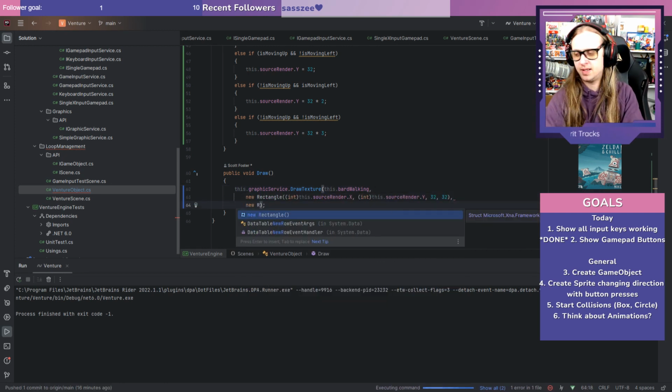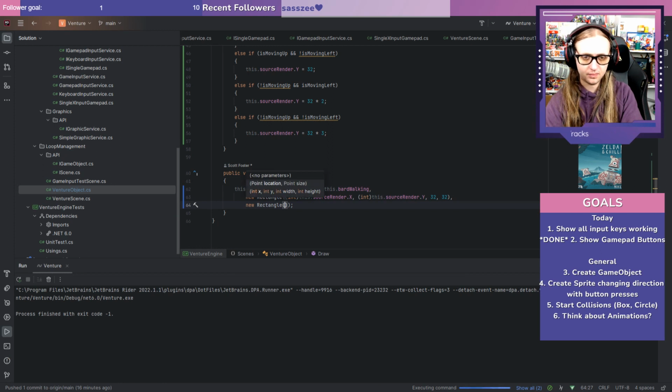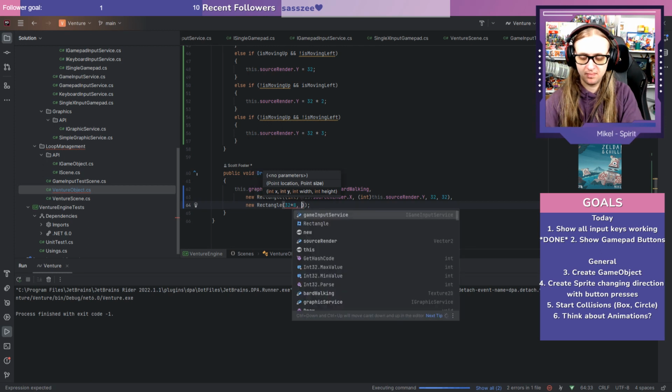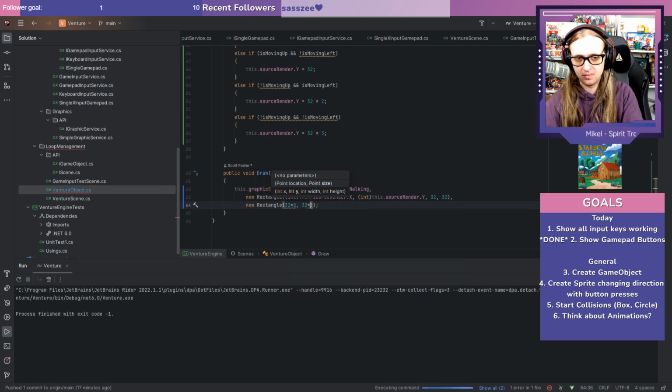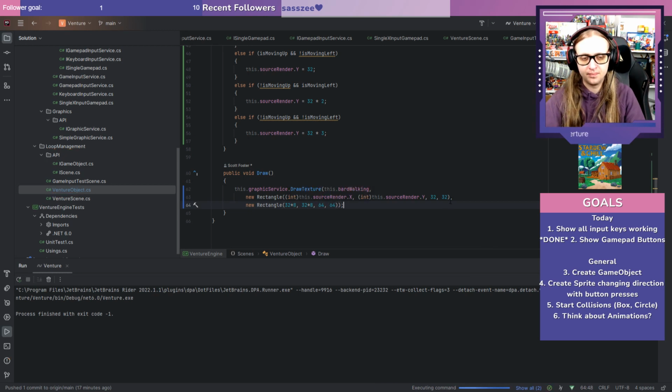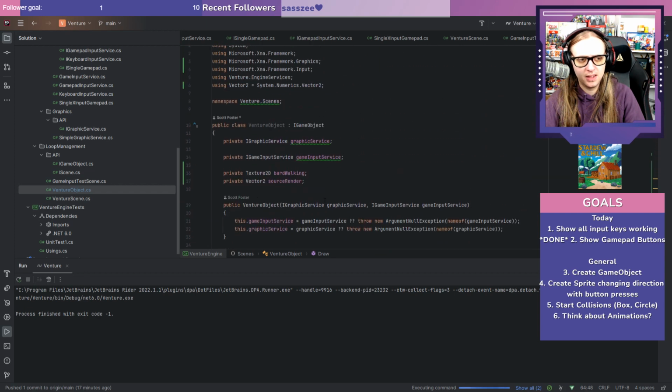A new rectangle. Where do we want it on the screen? Well, let's go 32 times 8. And I want it to be rendered at double resolution. Let's go with that. Now,